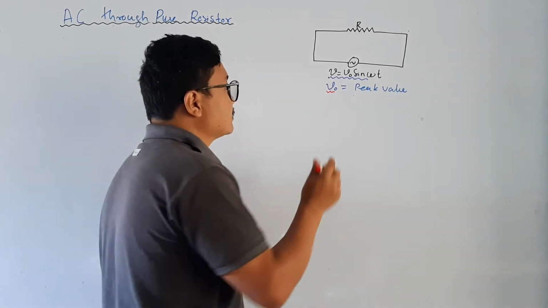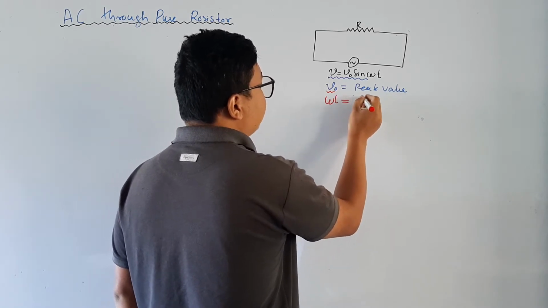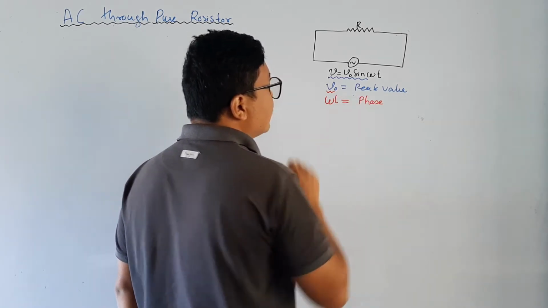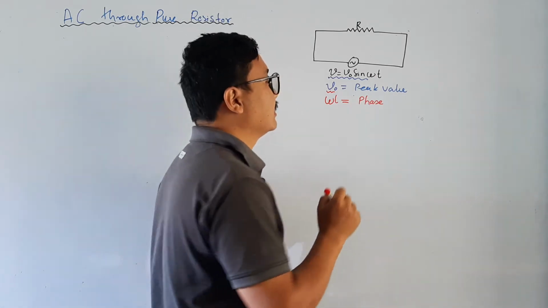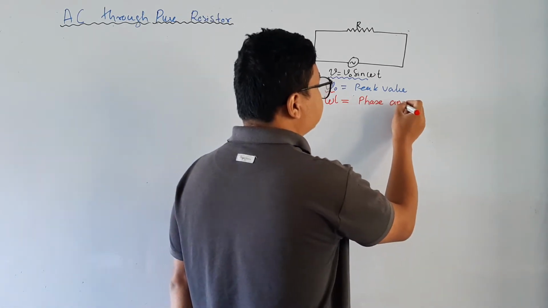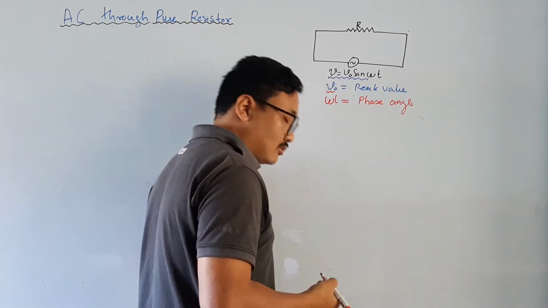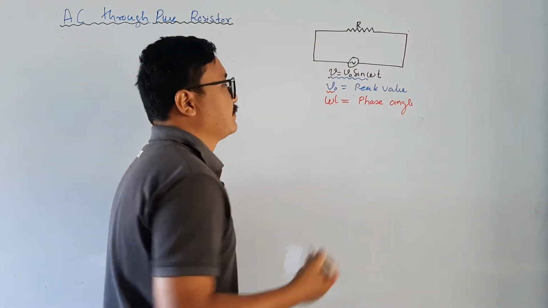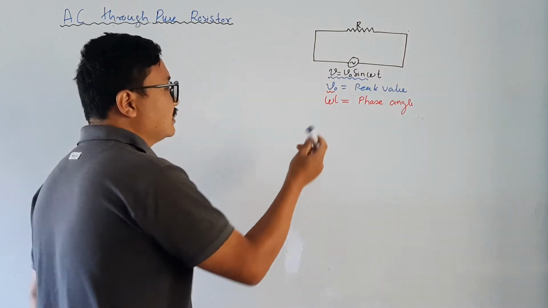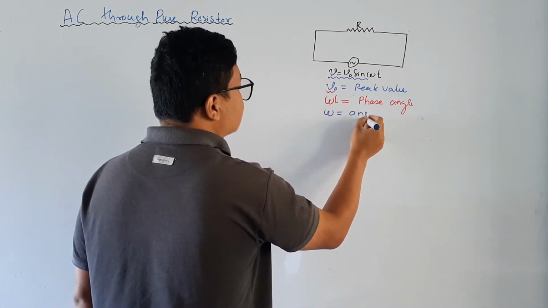Now one more term is there, which is omega t. What is omega t? It is a phase. Some authors may write phase angle, or some books may only write phase and some may write phase angle. So here I am writing phase angle. Now what is omega here? Let us define this. Omega is angular frequency,